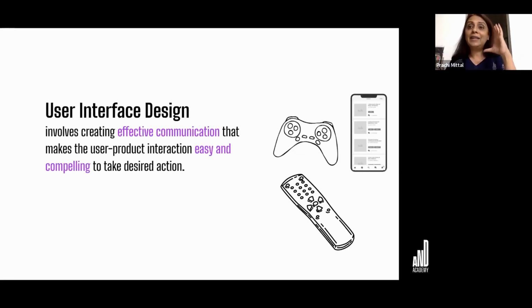And now you can all take 10 seconds, 15 seconds to just go back, and all of us have experienced some product or the other like that, where we have ended up not using all the features, or realizing too late that this also happens with my product. I didn't know how to do it. Or we have underutilized a product simply because finding or knowing how to do it, or even knowing that this feature is available, was not easy for us. So that is the codependent nature of UX and UI design, right? And that is why both roles talk to each other constantly.